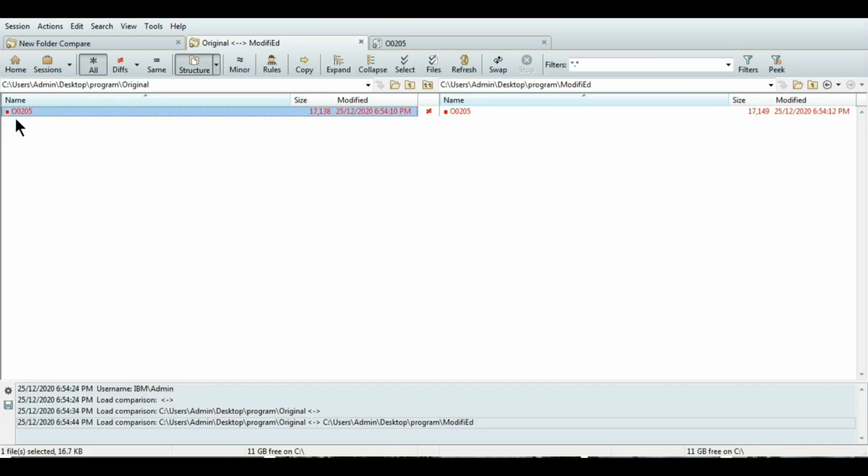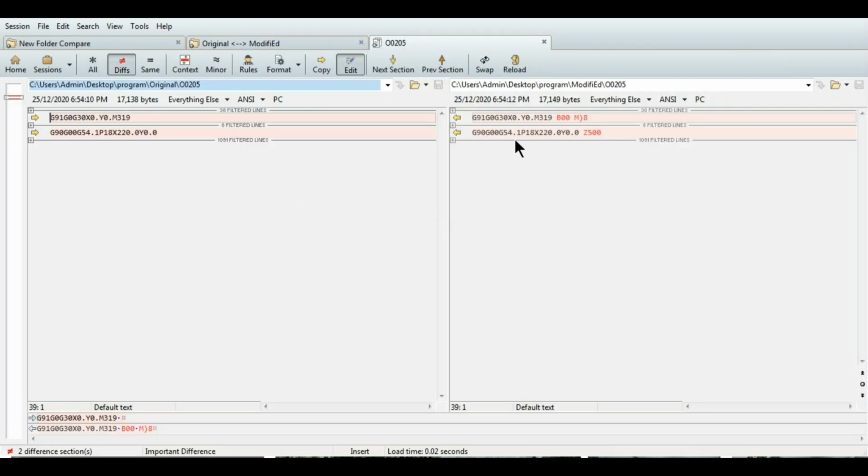one more thing, friends: if it is red, it means this file has something different. If you have 10 files here and some files are black, those files don't have any difference. But this file has a red mark, so you can say it has some difference.